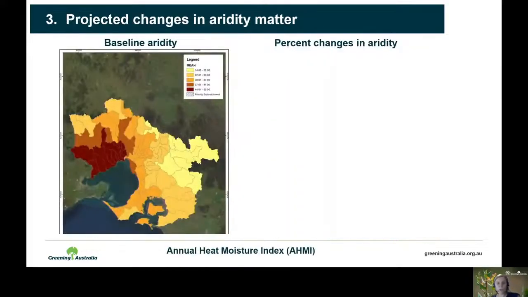Going back over to Melbourne, this is just another point that's come out of our model that's important to consider: it's really the projected changes in aridity that matter. If we look at the map here, this is looking at aridity based on the annual heat moisture index,